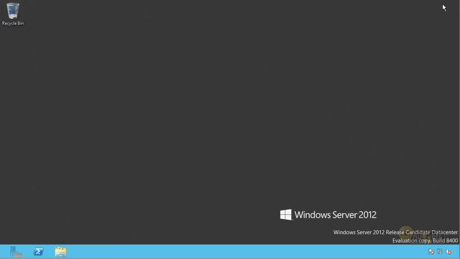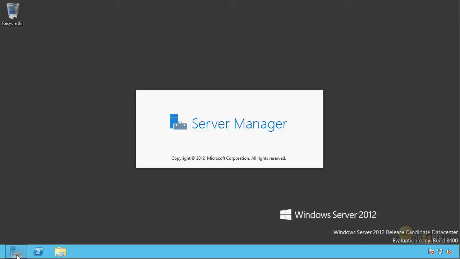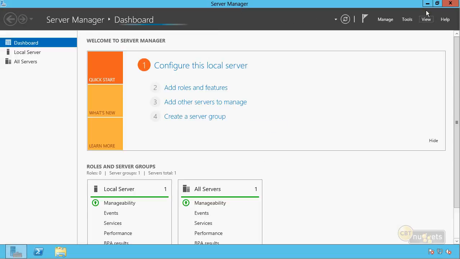Now, it's not my objective here to completely go through all UI items for you, but in order to get accustomed to what we have to do moving forward, you have to know at least a few things. For example, where in the world is the Start menu? Normally, click on Start, and then you go search for whatever program it is you want on the Start menu. Now, I don't have that. So if I go down here and click, what's this thing? Oh, that's Server Manager. So that's no help. Let me minimize that.